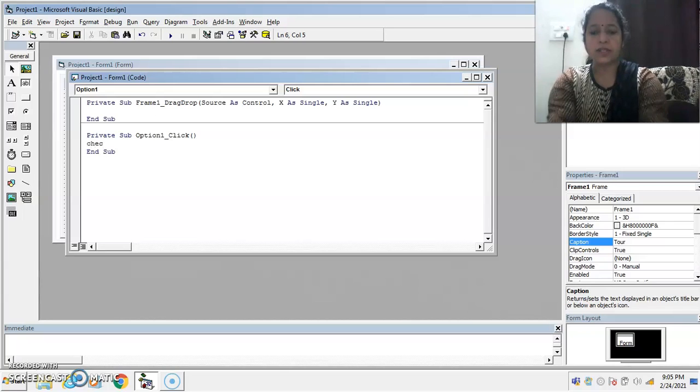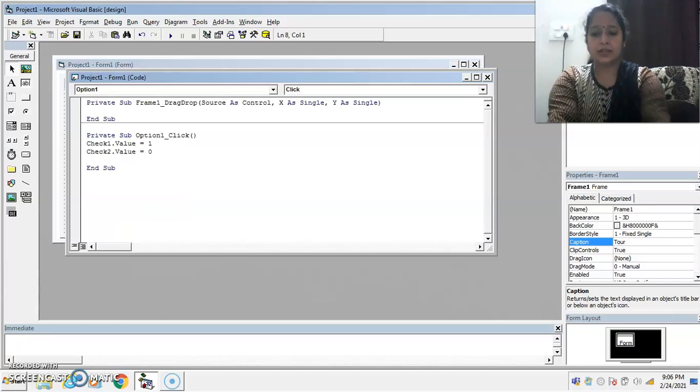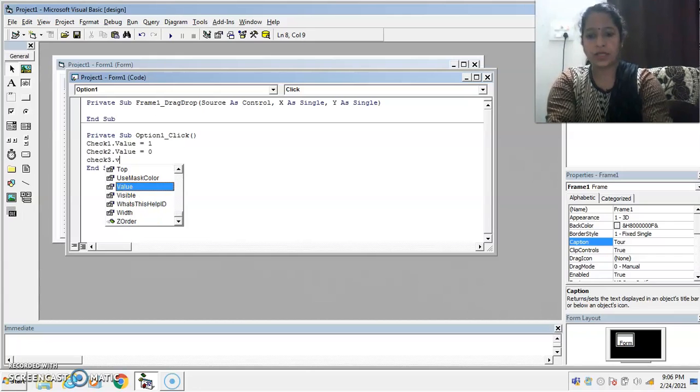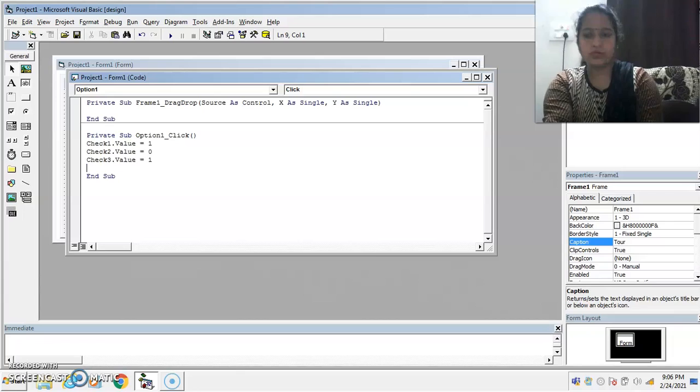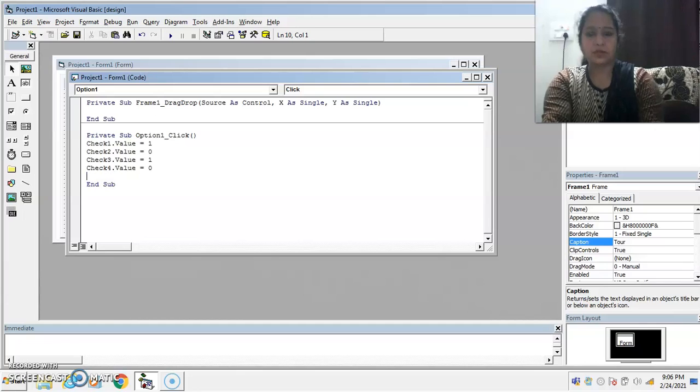Now I want when the user selects the package 1, then first and third city get selected, so Check1.Value is equal to 1, Check2.Value is equal to 0, because in package 1 second city is not selected, third city is included in the first package, so set its value to 1, and the last checkbox value also 0.